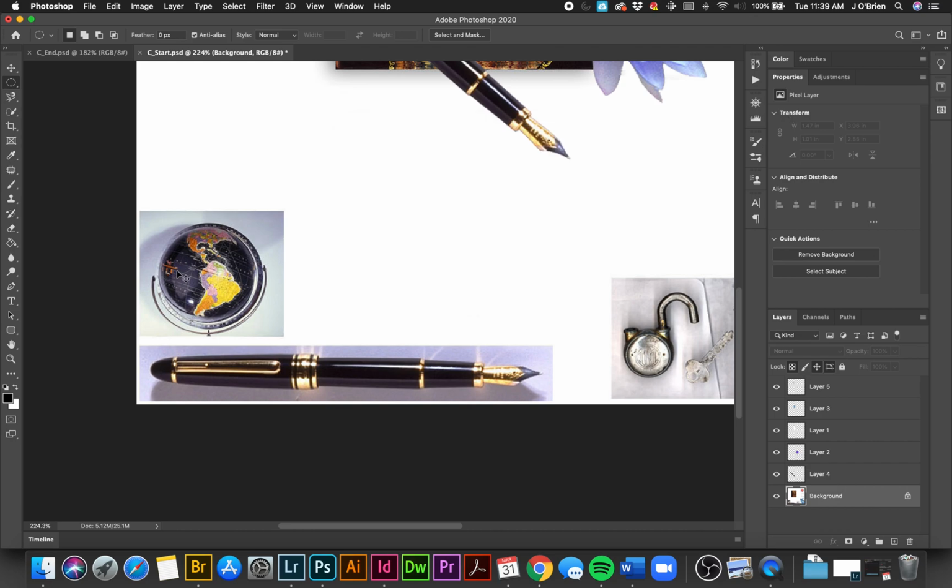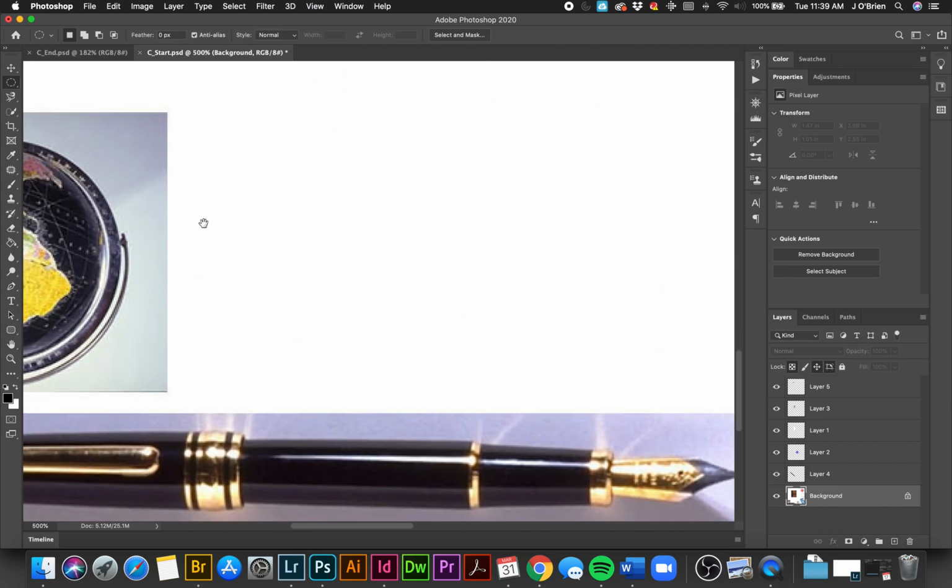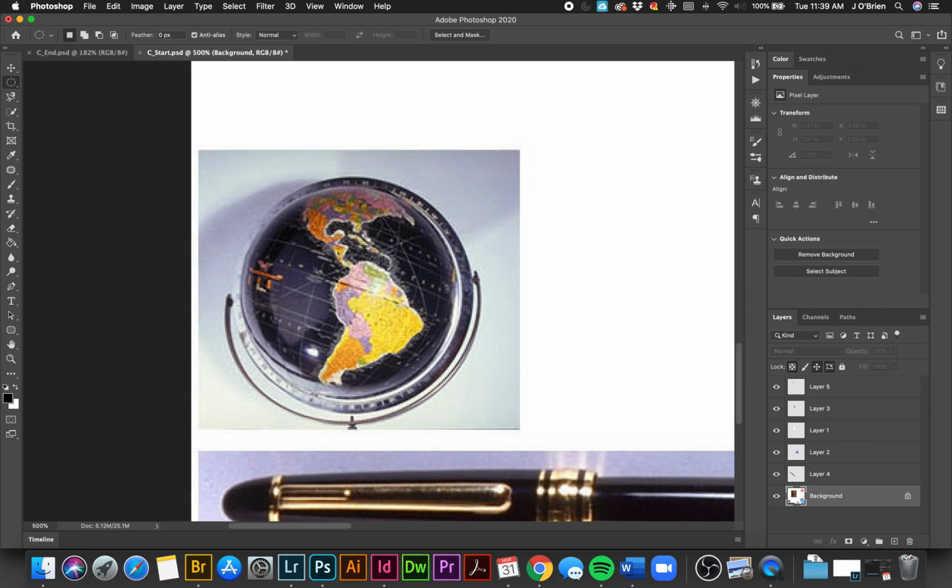Yeah, I don't know what I just did there, but operator error. Let's try this again. Alt and Shift, get it as close as I can. And I can just nudge the selection around. That's actually pretty close, I'll take it. Again, if you're making the selection, holding Shift constrains the selection so it's a perfect circle, and then holding Alt,